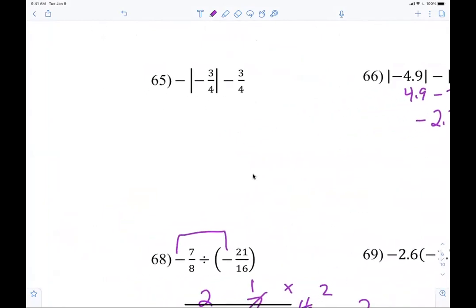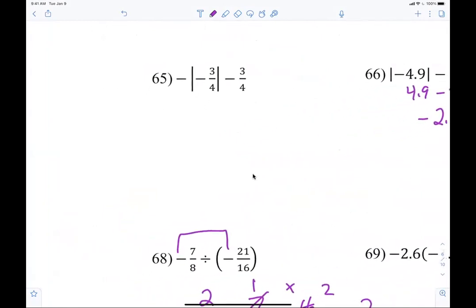All right. Next, over here. That's you. Go, you're on 65. So what I did was, I keep changing the reciprocal. Then I cross out the. No. Just tell me what's the absolute value of negative 3/4? 3/4, right? But there's a what out in front? Negative. Yes, so I put. No, look up.